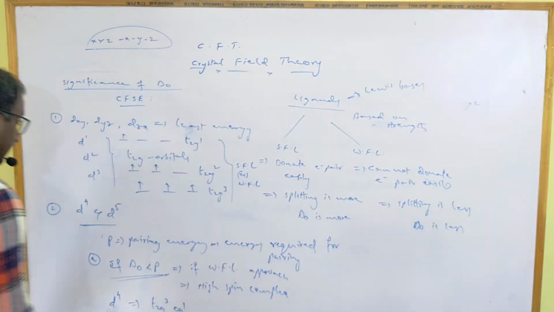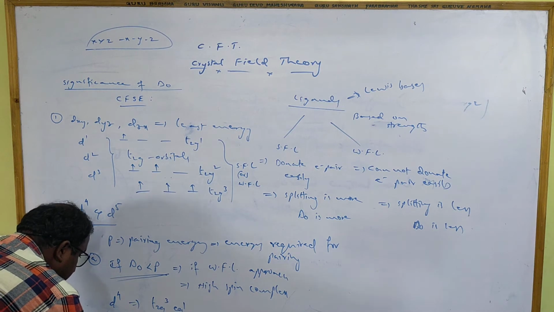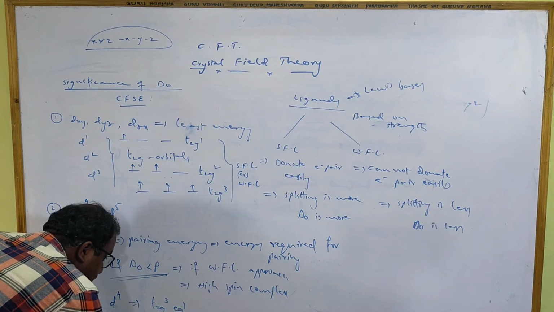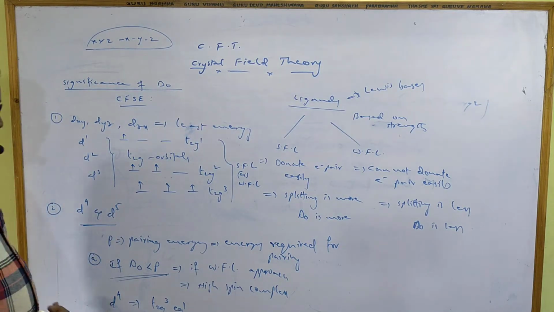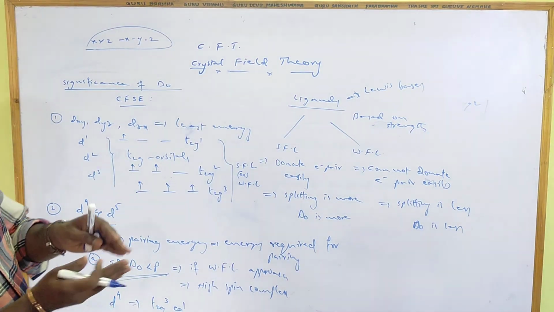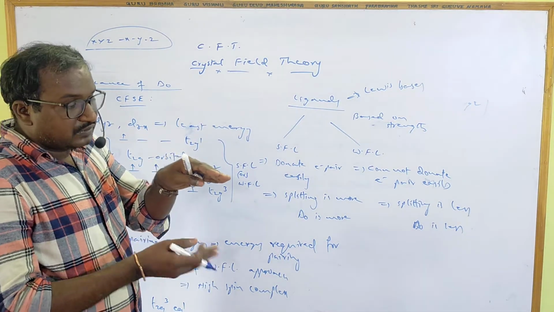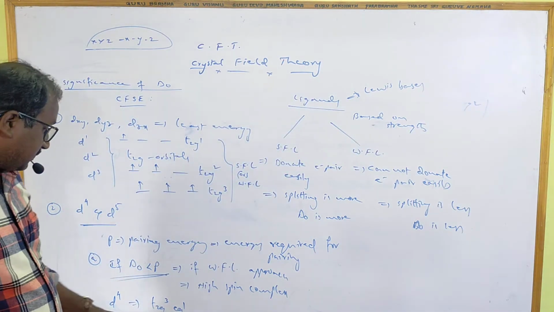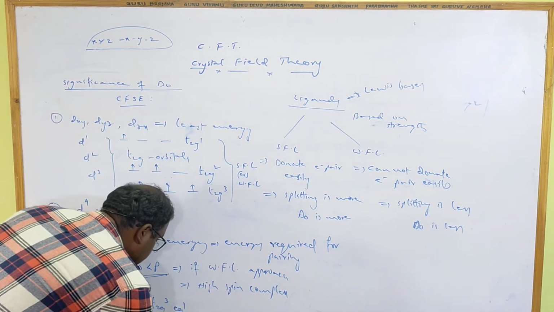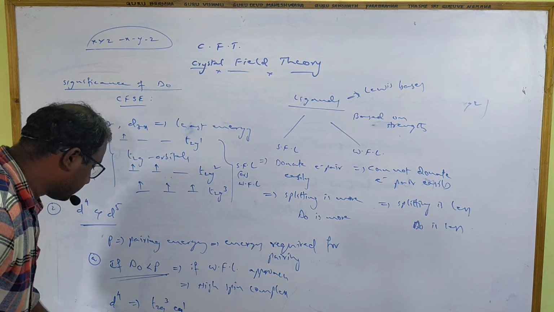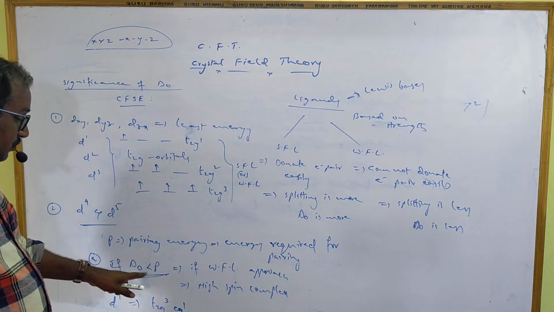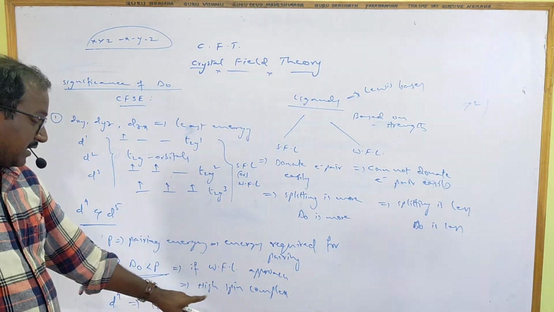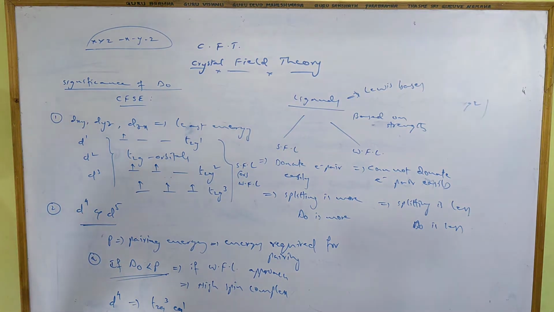So if delta O is less than P, that is the d4 configuration. And for d5, the configuration becomes t2g3 eg2. Means electrons first enter each orbital one, one, one, because the splitting is very small. The fourth electron can easily go to the higher energy eg orbitals. So for d4 it will be t2g3 eg1, and for d5 the configuration is t2g3 eg2 if delta O is less than P. That will happen if weak field ligands approach the central metal ion and we get high spin complexes. P means pairing energy.